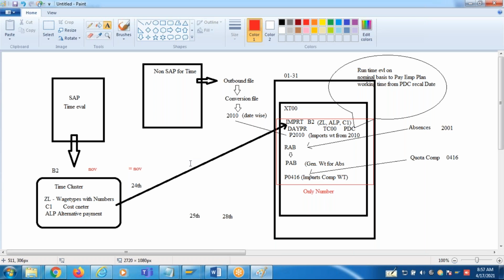Now we update the data with the dates. On the 26th, there is an overtime. Let's say on the 28th, there is unpaid absence. On the 30th, there is an incentive. What happens when you update the data for the periods which are already executed, what will happen?